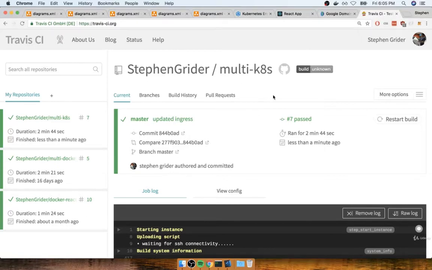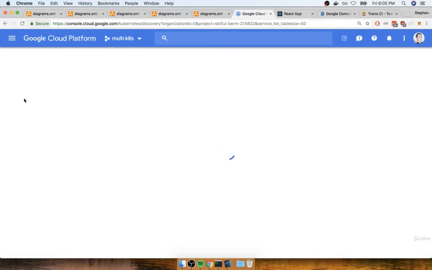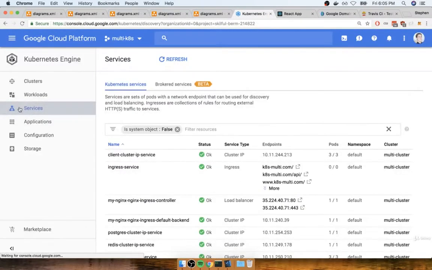It looks like my Travis CI build has successfully passed, so in theory, all the changes that we just made to that ingress config file have now been placed on our Kubernetes cluster. I'm going to go back over to my Kubernetes dashboard and then refresh the page. Now once I refresh the page, I'm then going to go to the Services tab, and then on here, you